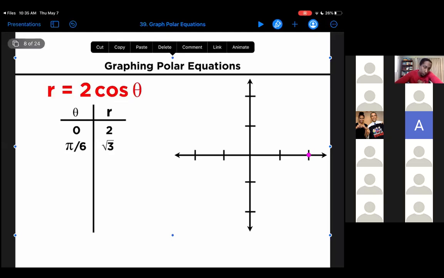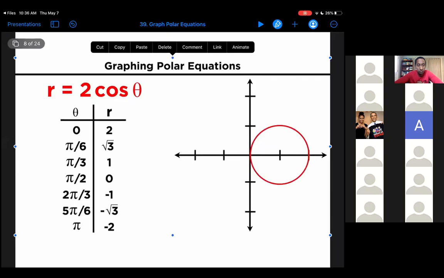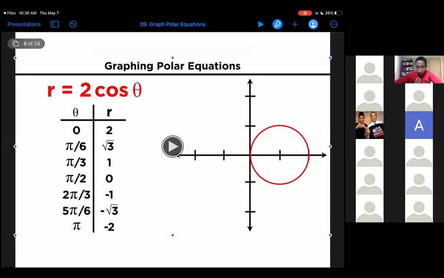Plugging in a 6th pi, we get 2 times root 3 over 2, or root 3. We can estimate this to the 10th place and plot that point as well. For a 3rd pi, we get 2 times 1/2, or 1. And for half pi, we get 0. So we've just constructed a semicircle here. We will find that if we continue through until pi, we get the other half of the